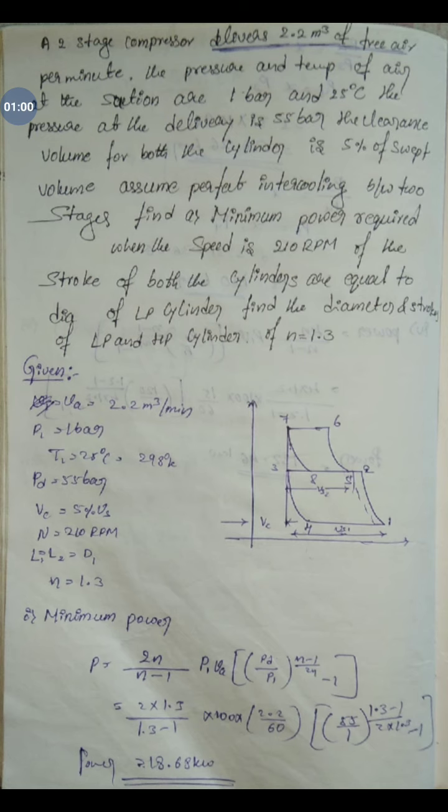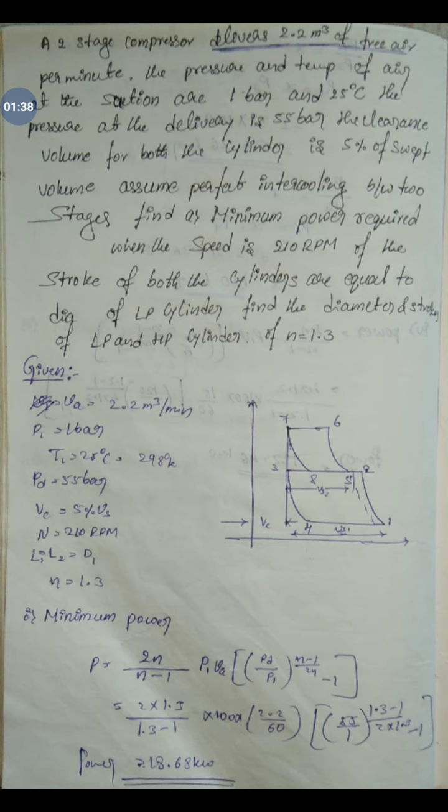Assuming perfect intercooling between two stages, it asks to find the minimum power required when the speed of the compressor is 210 rpm, and if the stroke of both the cylinders is equal to the dia of the LP cylinder. It also asks to find the diameter and stroke of LP and HP cylinder, and he has given the index value as 1.3. So if you look into the diagram here,